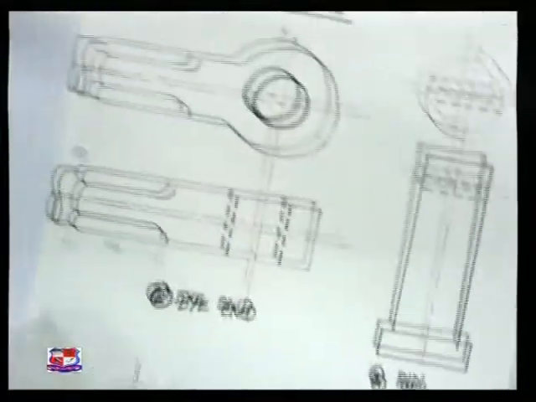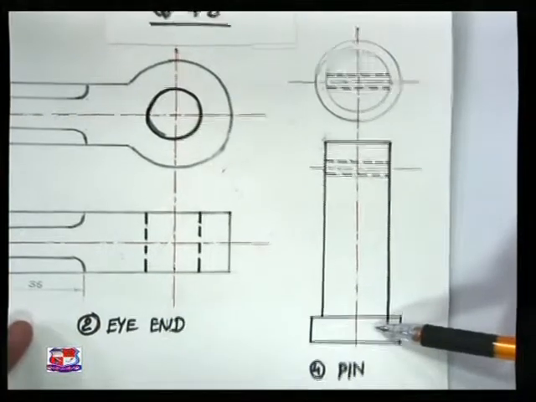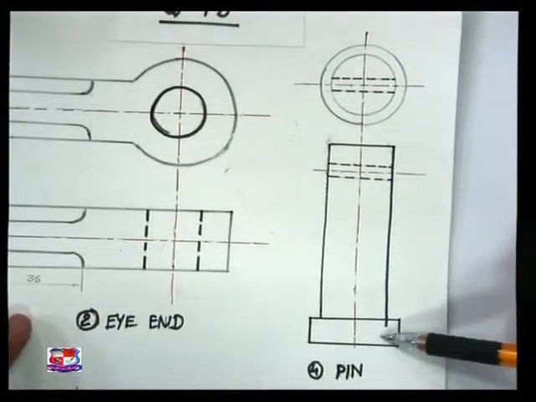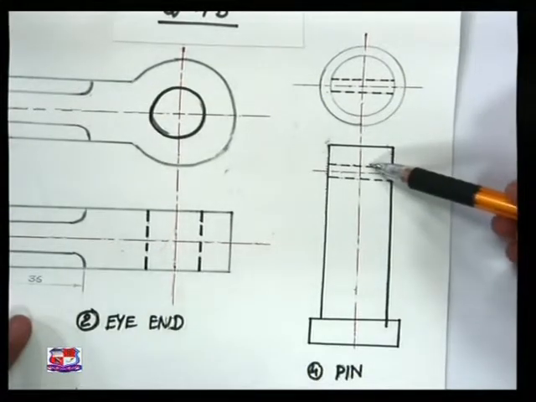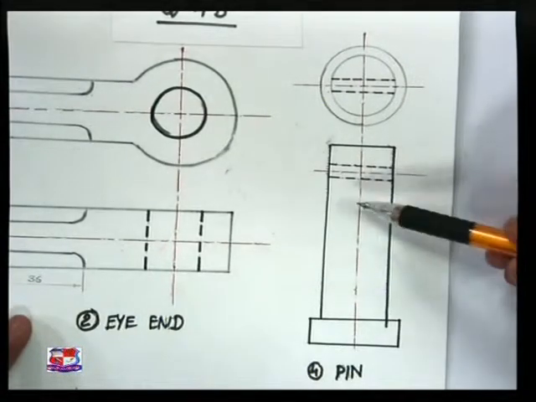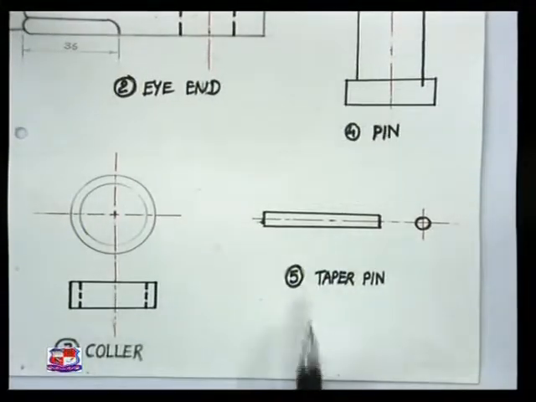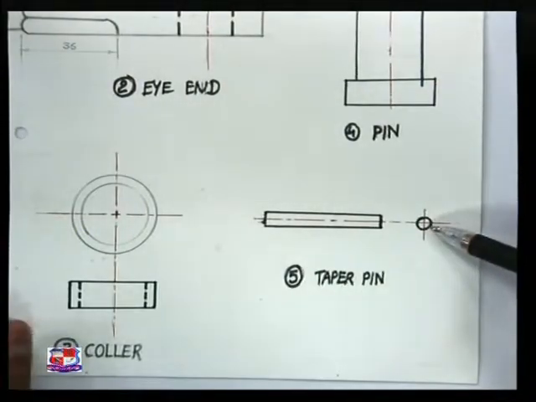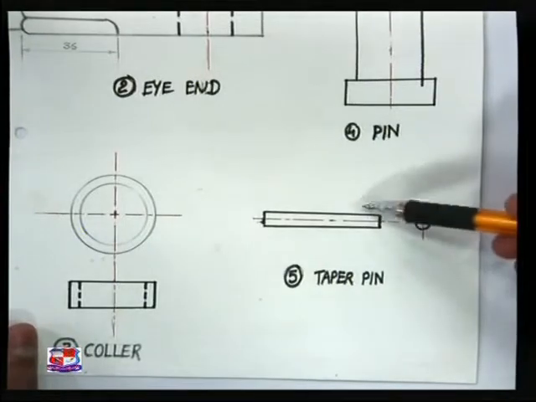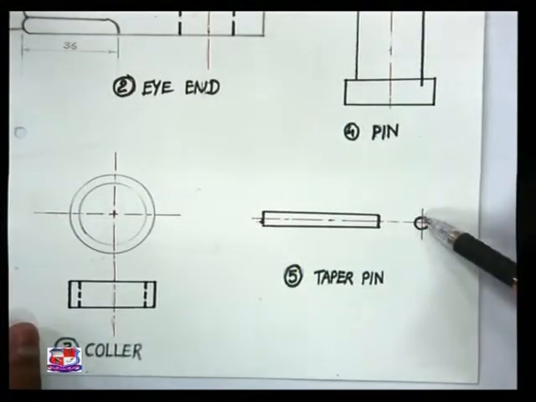Component number 4 is a pin, a long pin which is inserted between eye end and fork end. It is drawn like this. Dimensions are given in an assembly. Here 2 dotted lines are there which represent the space to insert the taper pin inside this assembly. So this is a pin, component number 4, and component number 5 is this taper pin which is slightly taper and circular on one side. Here you need to represent this pin slightly taper from one end to another end, and here you may draw